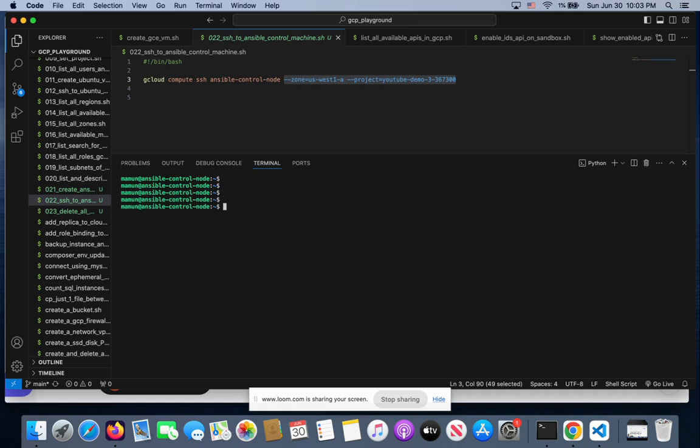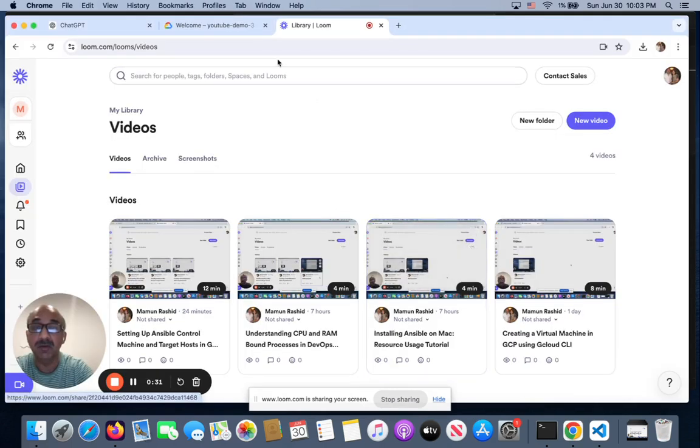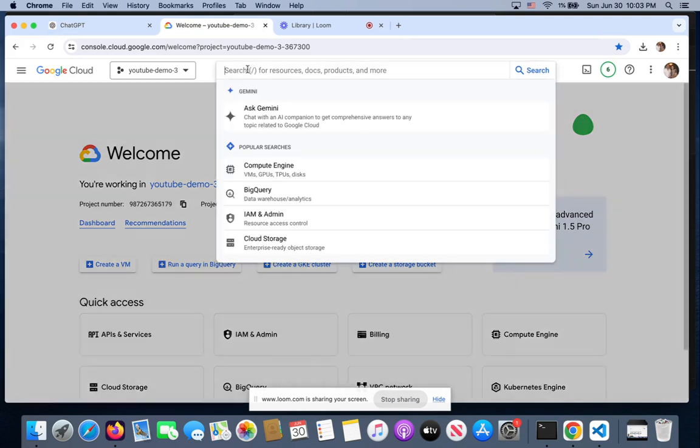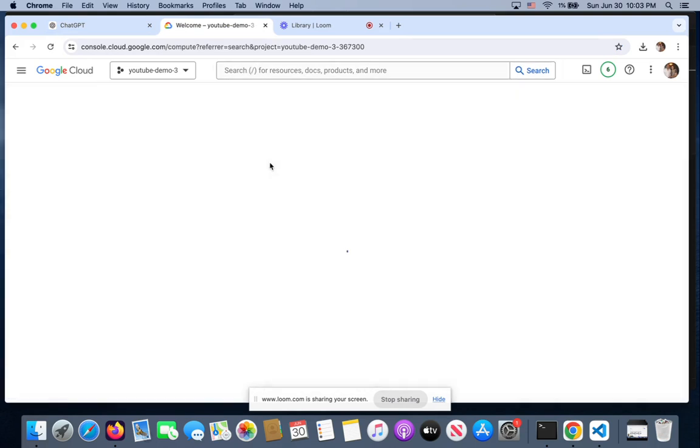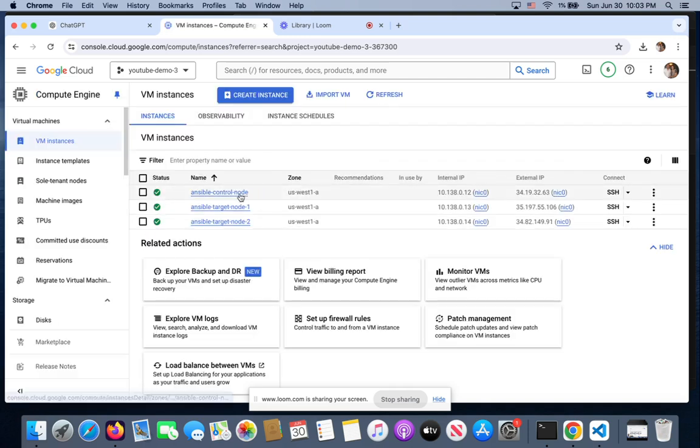So here I am logged on to a GCP VM I call Ansible Control Node. I can even show you that on the console here. This is my console for GCP. If you go into Compute Engine, you will see that I have three machines running, one called the control node, and the target nodes, which will not be used in this video because they'll be used to play playbooks on them later on. But right now, all I'm going to do is, on this host that I'm logged onto,